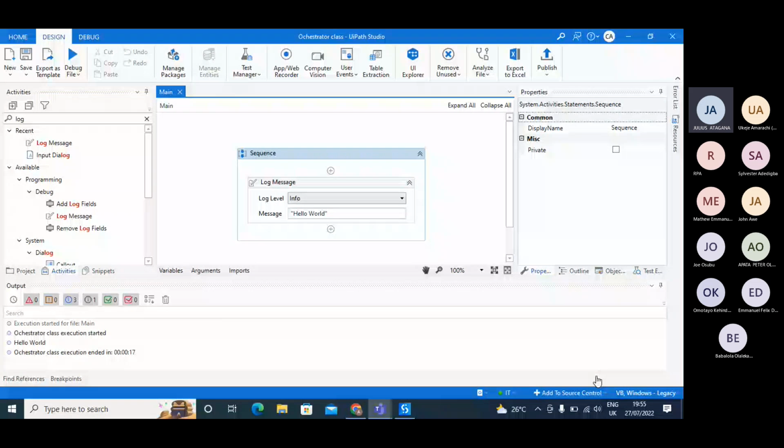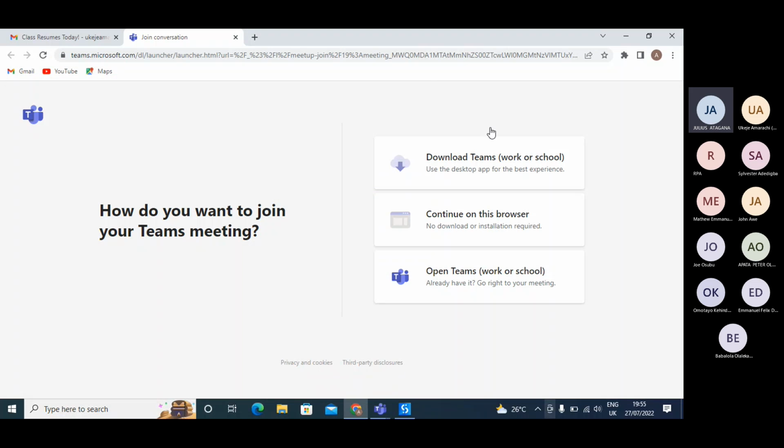So we can just do something and see what we have. Okay, we could see, I think this is what you have. Can we open our orchestrator now and start working with the orchestrator? Open your browser, log into the orchestrator. We'll just design anything simple on the studio and see how we publish it to the orchestrator. Then from there, we'll do the other functionality.